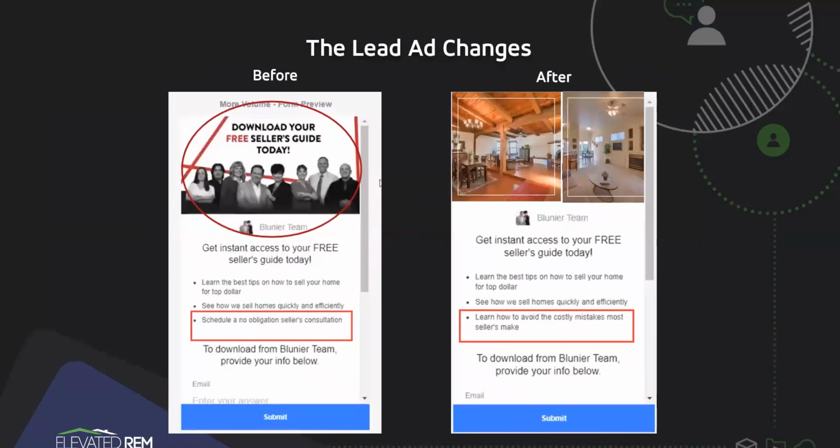is psychologically just enough to get people to get their feet wet to want to move forward with more, right? If we have too much on there, then we're kind of overwhelming their brain, overwhelming their senses of what's going to be on the other side. So we need to remove just enough friction and remove any doubt and anxiety and tell them what they're probably going to get. So we decided to swap that out with learn how to avoid the costly mistakes most sellers